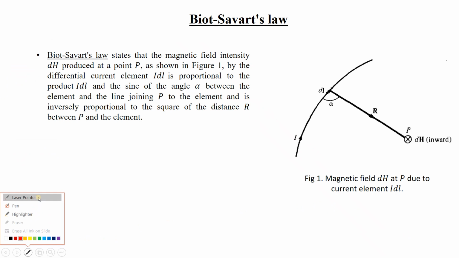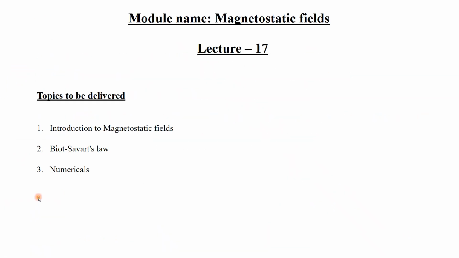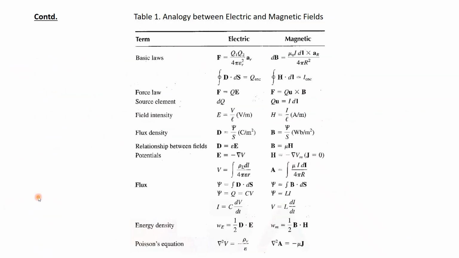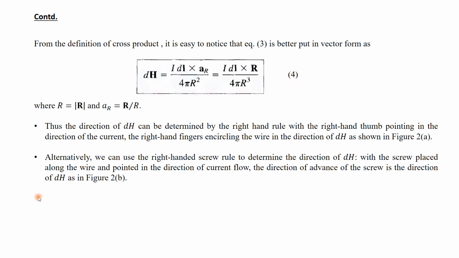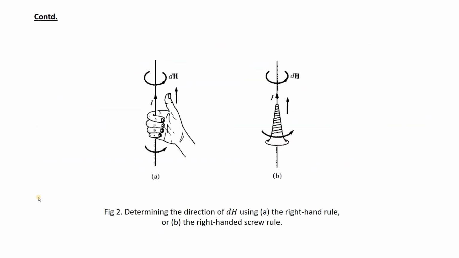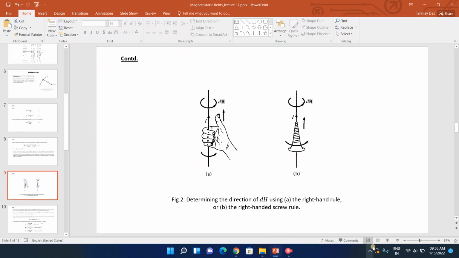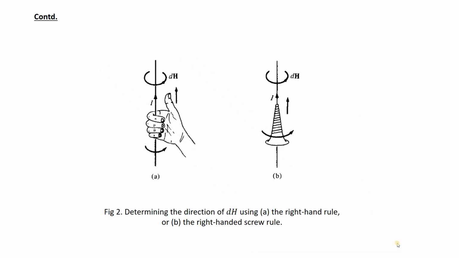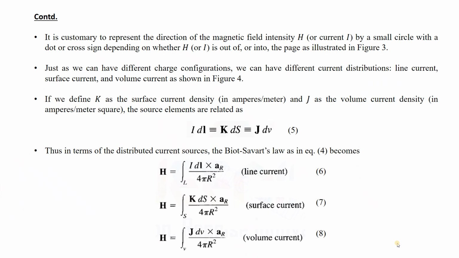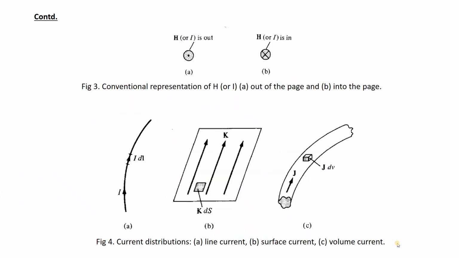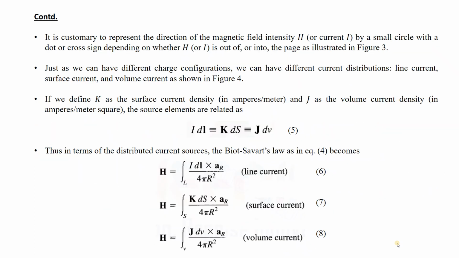So in the last class we discussed the Biot-Savart law. The introduction of the magnetic field, then we discussed the Biot-Savart law. Then we came to this particular equation of Biot-Savart's law, and the consideration that if the current